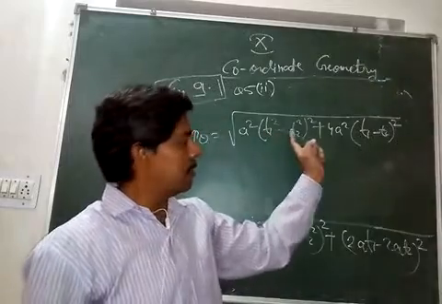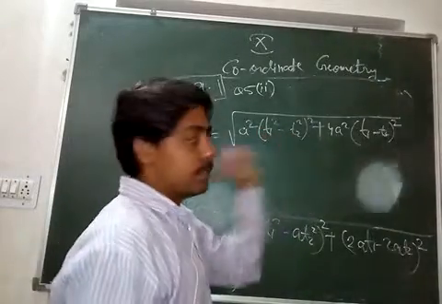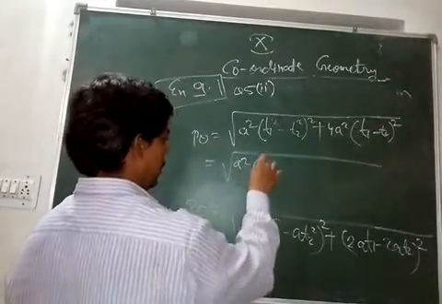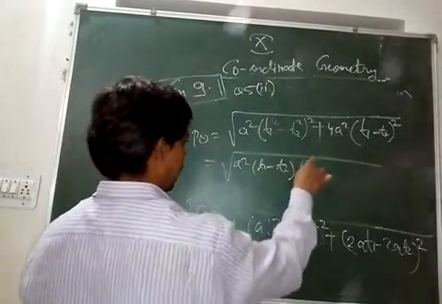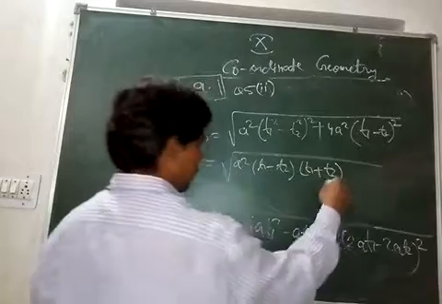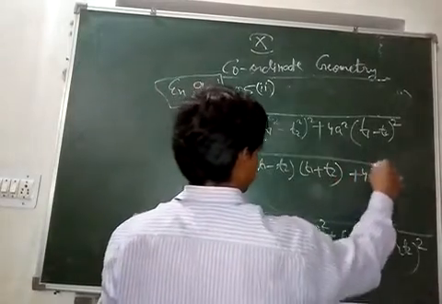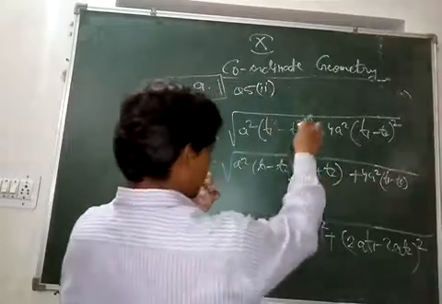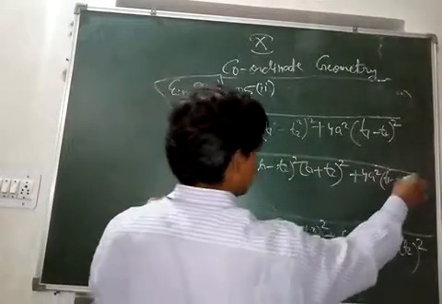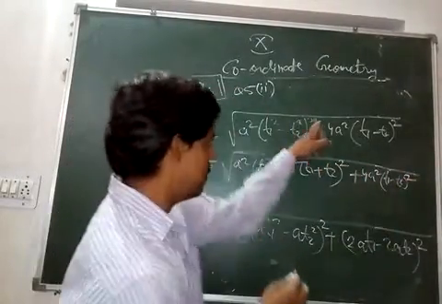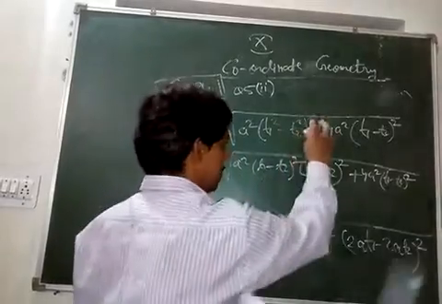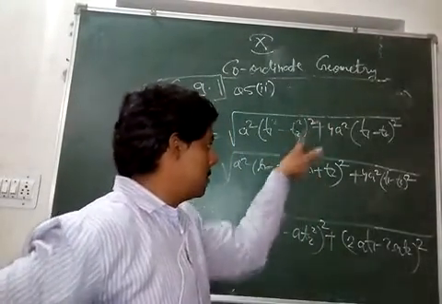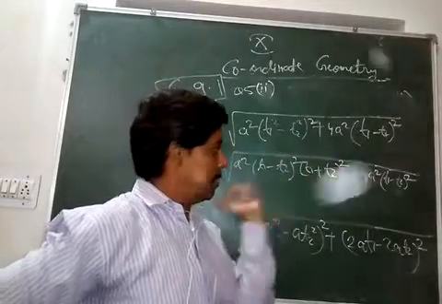So now we can factorize this, a square minus b square. So what is that? t1 minus t2 and t1 plus t2. Okay, and this is 4a square. We can write it like this, t1 minus t2, and there is a square also, so you will have to write square. This is a square, and t1 square minus t2 square is t1 plus t2 times t1 minus t2, and this square is given to both by the laws of exponents.